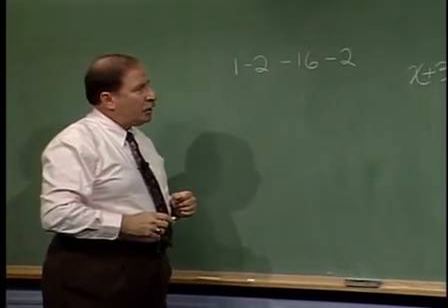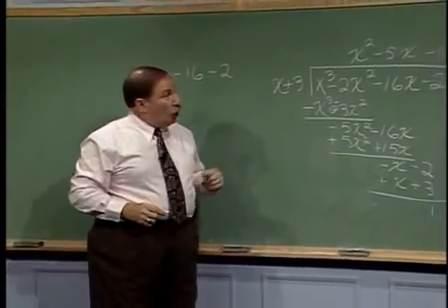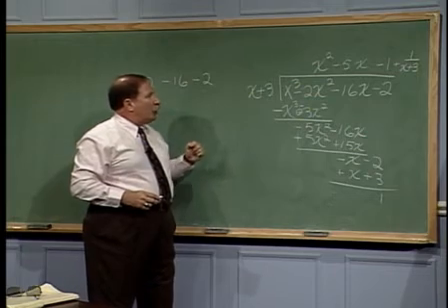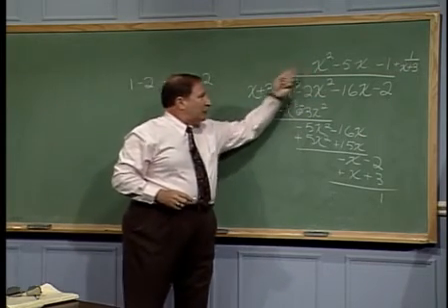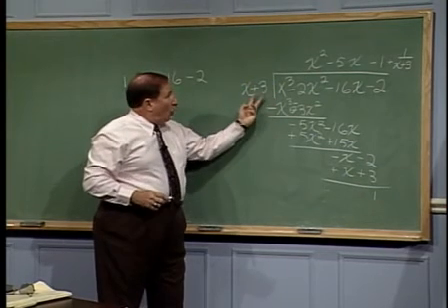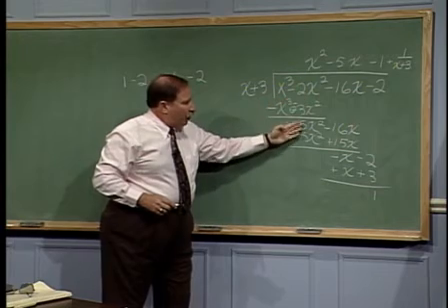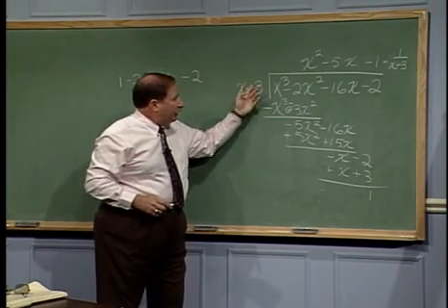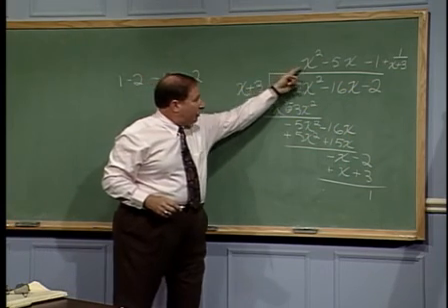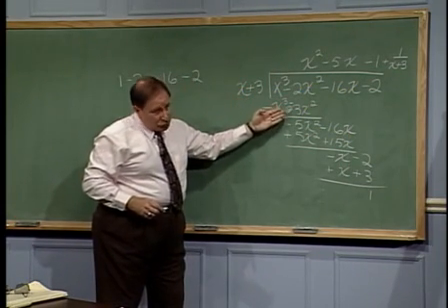Okay? Now, let's go back over here and look at x plus 3. We don't need to worry about the x because we know that when we have x squared times x, it's going to give us x cubed. We're going to subtract. It's gone. All we're really concerned about is the plus 3 because that gives us the thing we're going to work with next. We multiply the x squared by plus 3, got our 3x squared, and subtract it. We subtract it here by changing